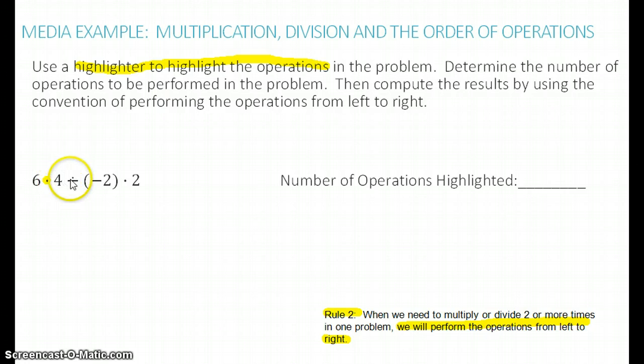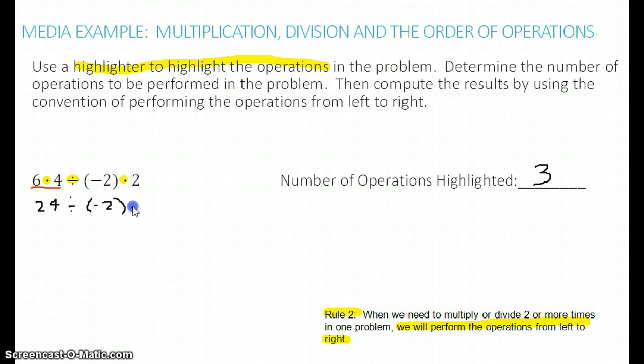So here we have multiplication. There's a division, so 6 times 4 divided by -2, so that's the sign of the number, not subtraction, times 2. So we have 1, 2, 3 operations that we need to perform. Working from left to right, we're going to start with 6 times 4, which is 24, and then copy the remainder of the problem, divided by -2